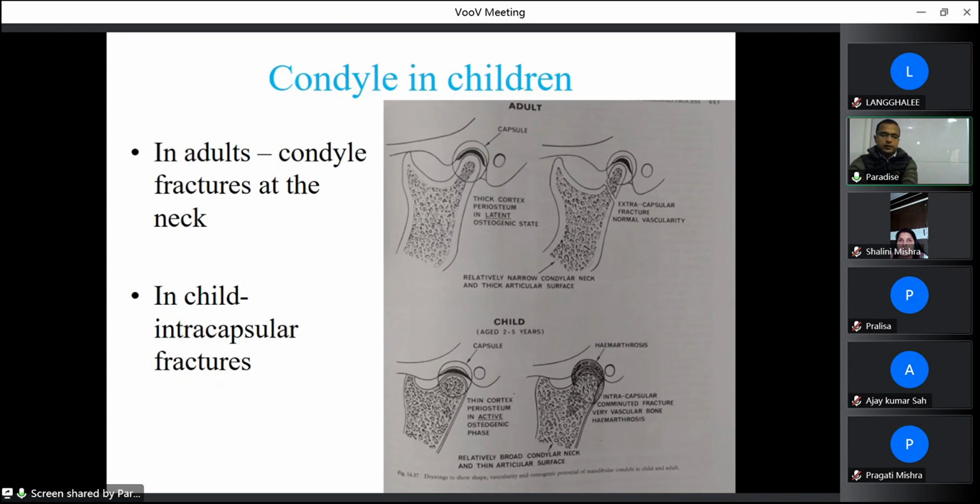If there is bullet arm injury, then we have to operate surgically in all the cases. Other than these 4 conditions, we don't have to operate. But practically speaking, these 4 conditions are very rare. You can't find any condylar fracture which is displaced into the medial cranial fossa, which will not come out of the